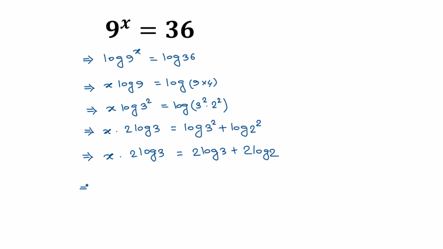We can write the left side x times 2 log of 3 divided by 2 log of 3 is equal to 2 log of 3 divided by 2 log of 3 plus 2 times